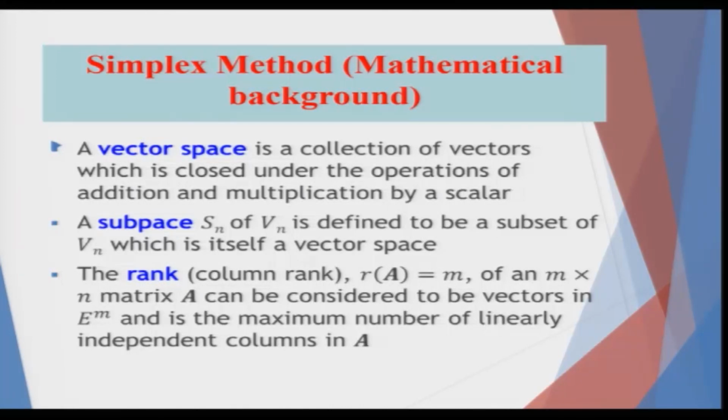The rank, where rank is m of an m cross n matrix, can be considered as the vectors in the dimension E m and is the maximum number of linearly independent columns of A, such that using them you will be able to explain and find the rest of the vectors. So, you are only considering the columns. Similarly, if you consider the rows, again it can be mentioned as rank of A. In the row wise case it will be n, such that any other row would always be given by the convex combination of this n number of rows. So, n or m is the minimum number of columns or rows which we utilize to explain the rest of the columns or rows which you have.